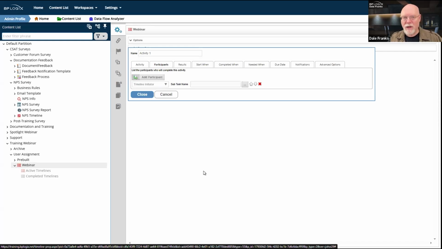And that task obviously has a due date and notifications get sent for it and all of the other things that happen for that task. But the task itself is not the activity. The task is really a child object of the activity. The task is what gets assigned to the user.